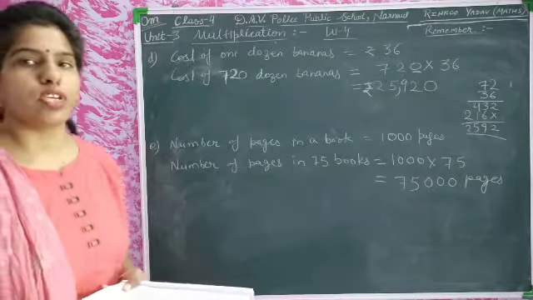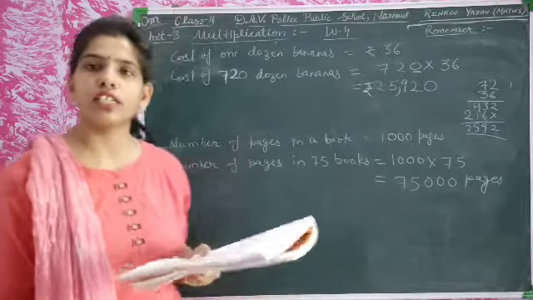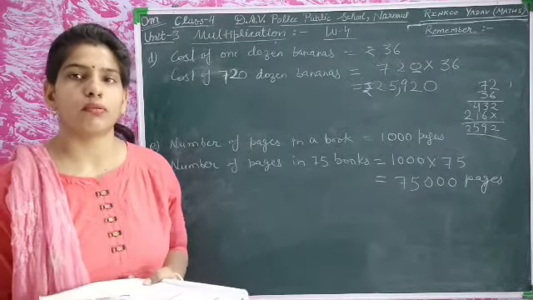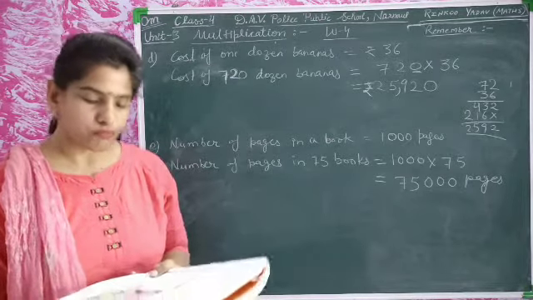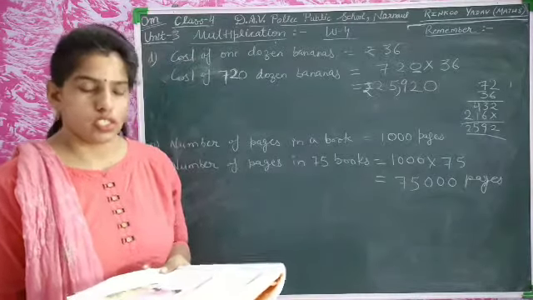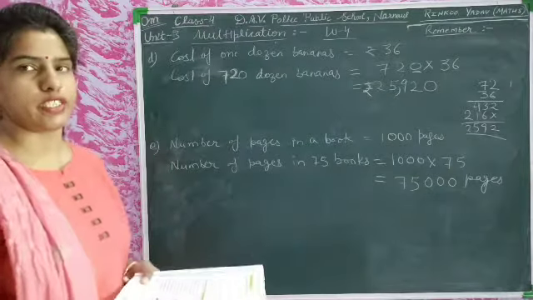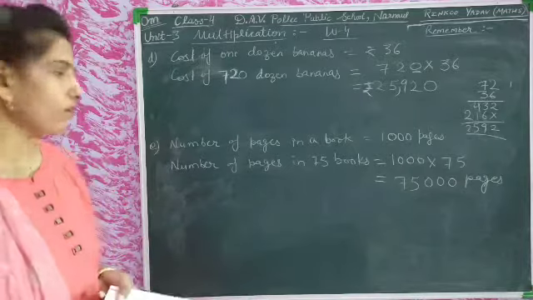So students, you have read the story here. You can read this story again and again before doing the questions, until you understand the language. Now we are asking the questions. Question number 1: if the cost of one fan is 895 rupees, how much money was spent on the fans?